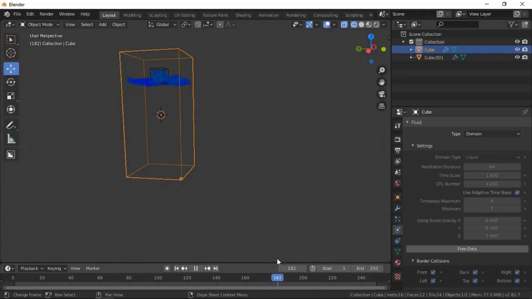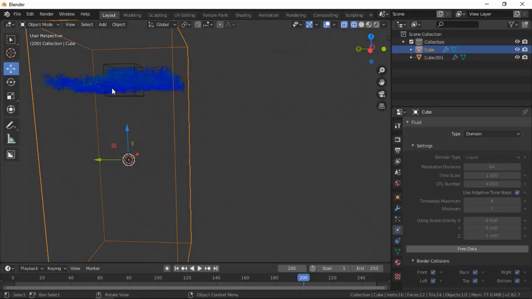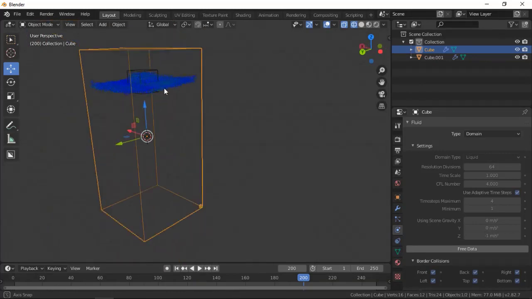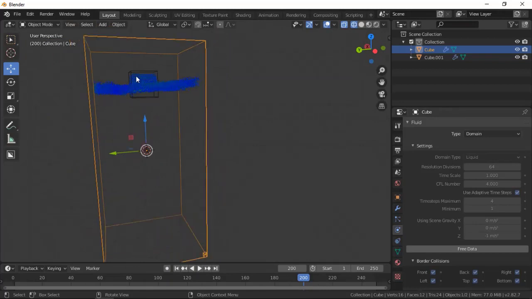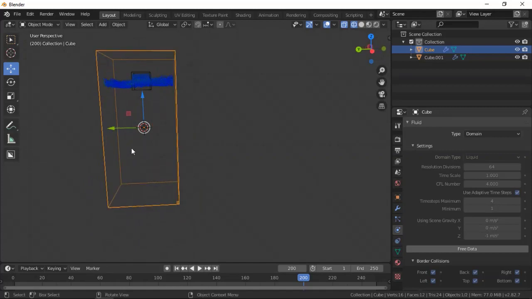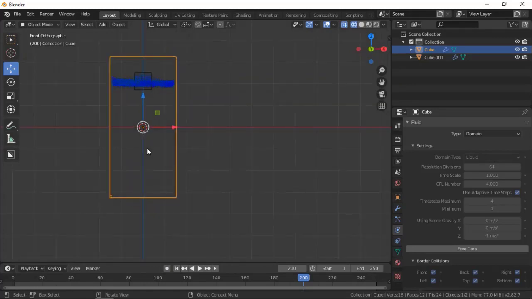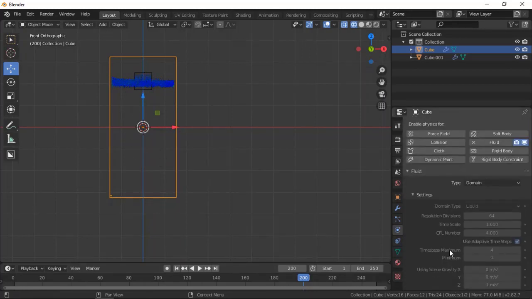So you guys can see the liquid is actually at the level of the inflow. Alright, so in any case, you may want to have the liquid at this level, or at this level. So what's actually causing this is the thickness of the liquid or the fluid which is being emitted. So the way to solve it is